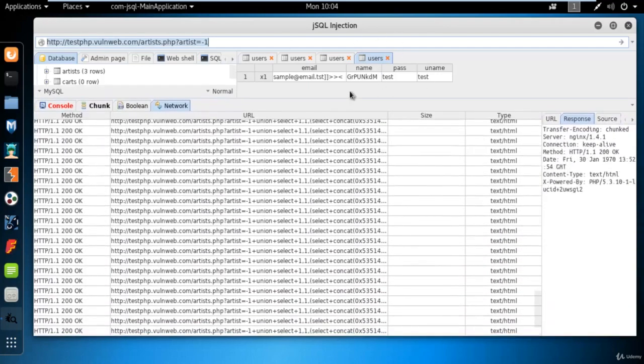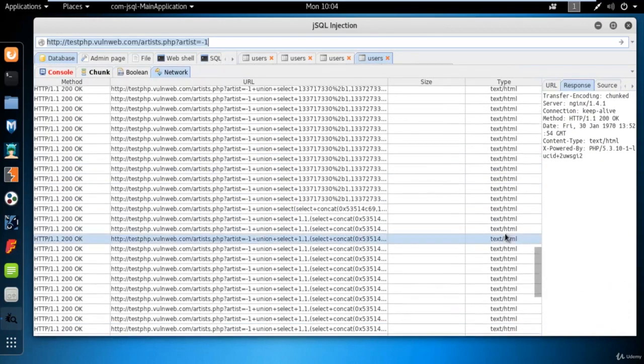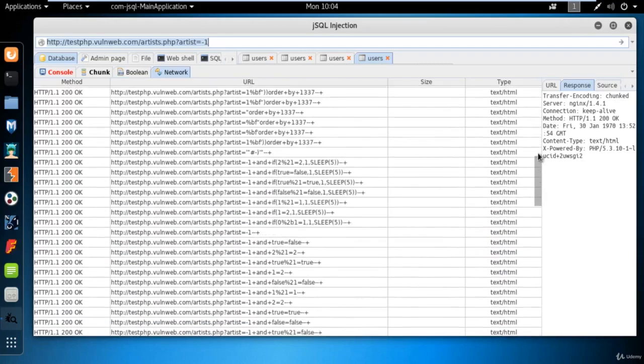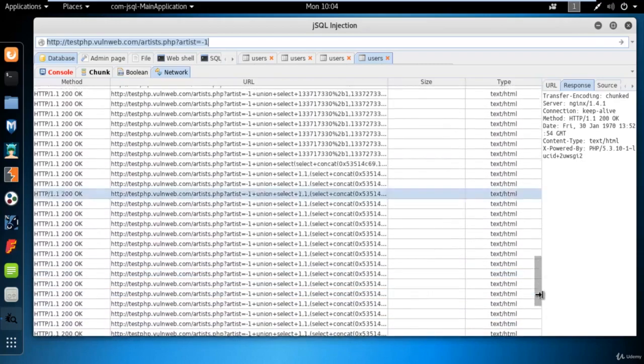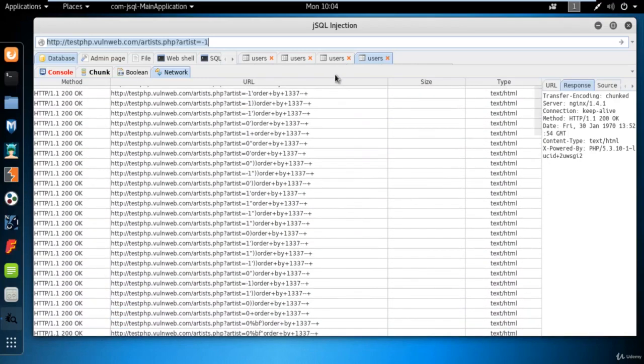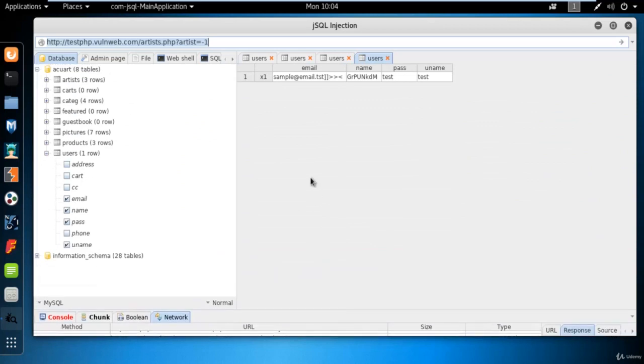Got it? And you can see here that jSQL is trying each and every link possible and will find information for you, right? So these all are the possibilities available inside SQL injection.